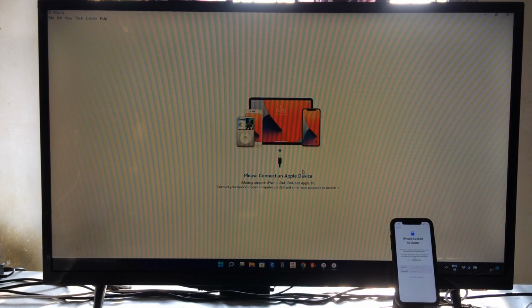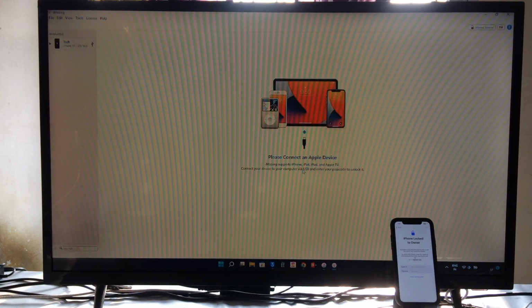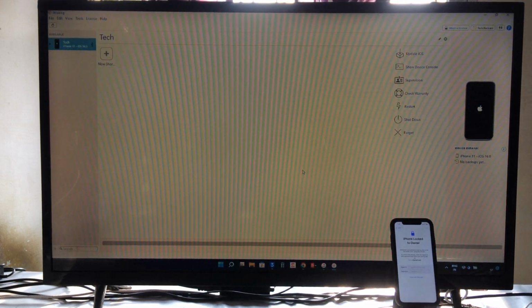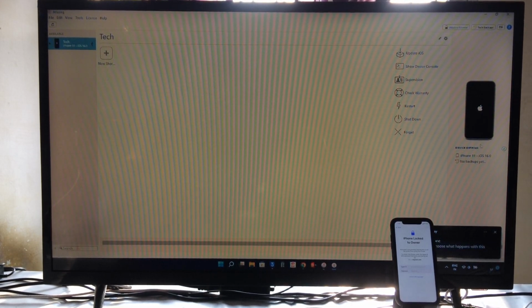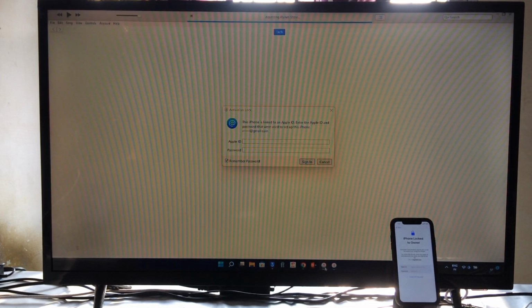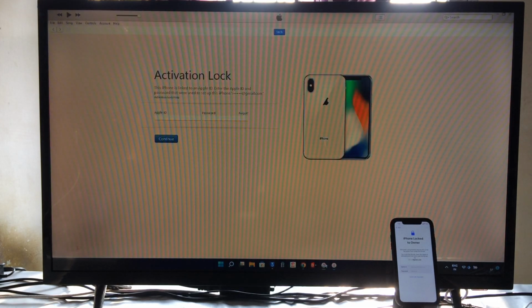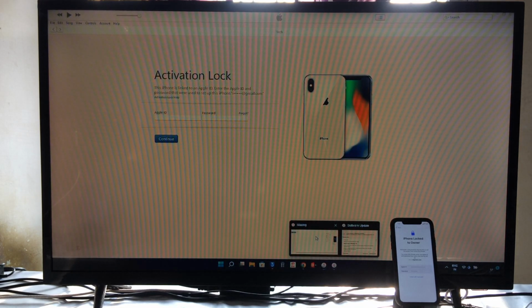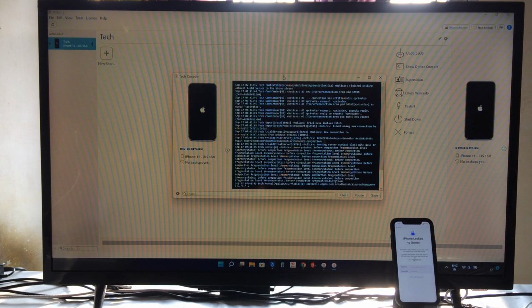Right now it's not going to connect. So once again I will disconnect this data cable and connect it again. So now it has been connected here, guys. See. Now what I will do here, simply I will click on this console. Before going, see here on iTunes, it's at a similar stage. We will go here to the imaging tool, and I will click on show consoles, and